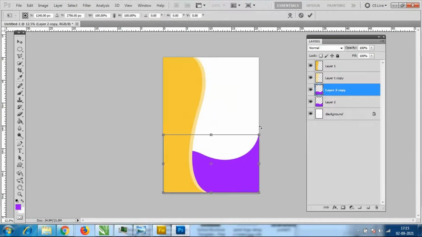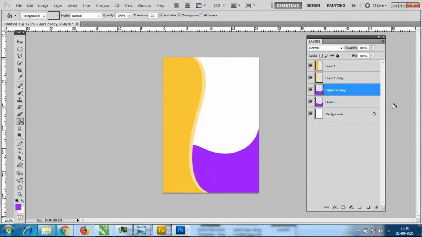Control T and you can take it a little up. How will we get to know? If we add a different color. So what I will do, I will select this with Control and left click. You should remember, please, in case anybody was unable to hear my voice clearly, it is Control C, Control T. Control T for scaling. Okay, Control left click for selecting.